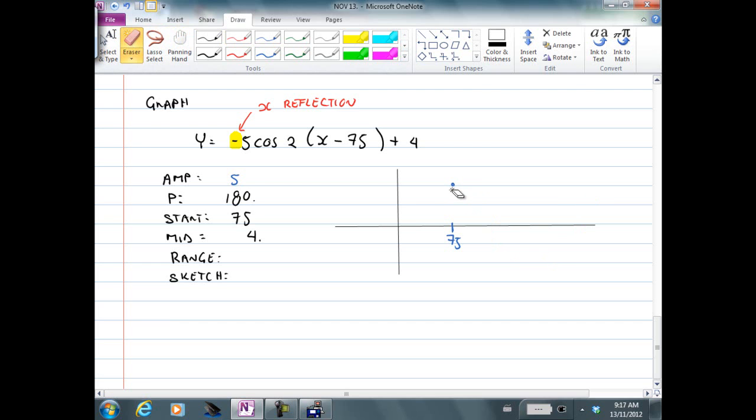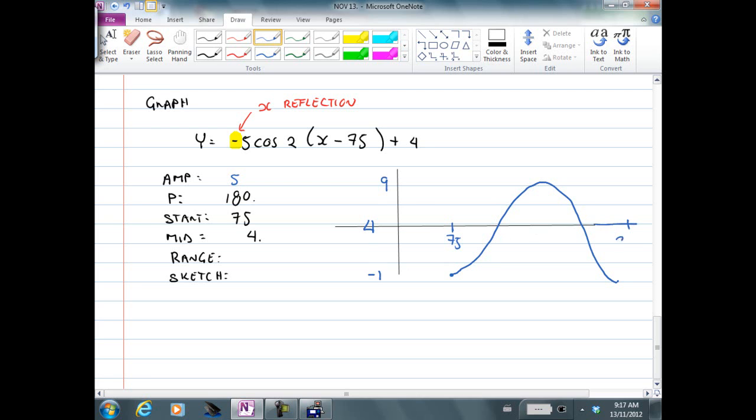Erase this curve. You're actually starting from down here somewhere. Okay? And it goes up, up, up, up, up, up. Down, down, down, down, down, down. That's all we're going to do. This is going to be 4. This is going to be, to save time, 9, -1, 75. This is going to be